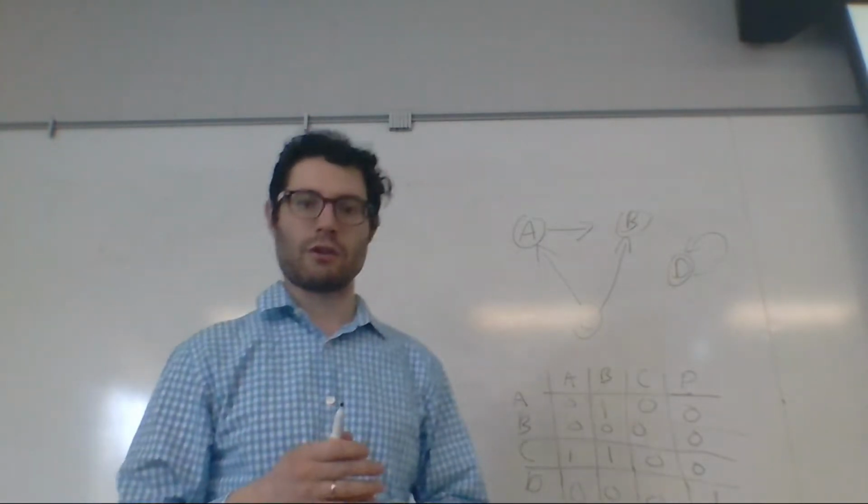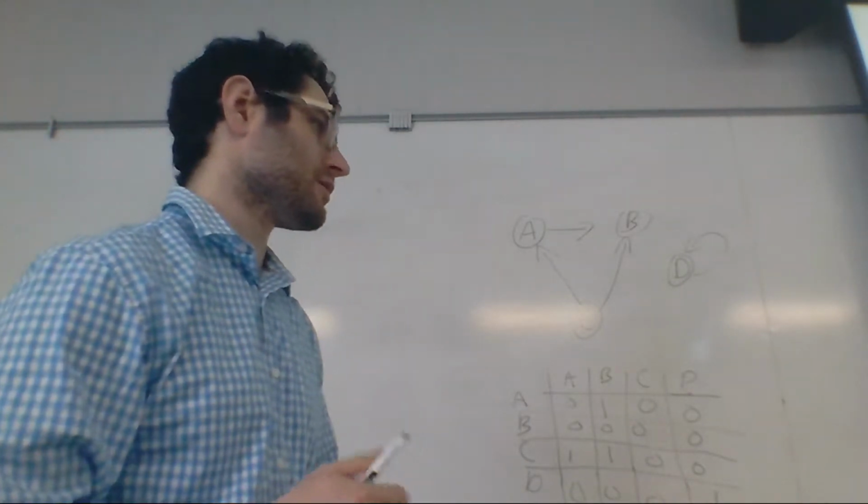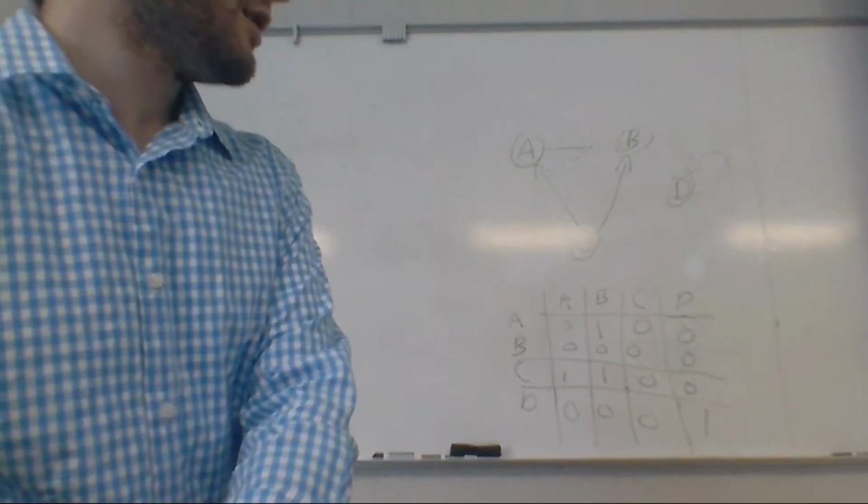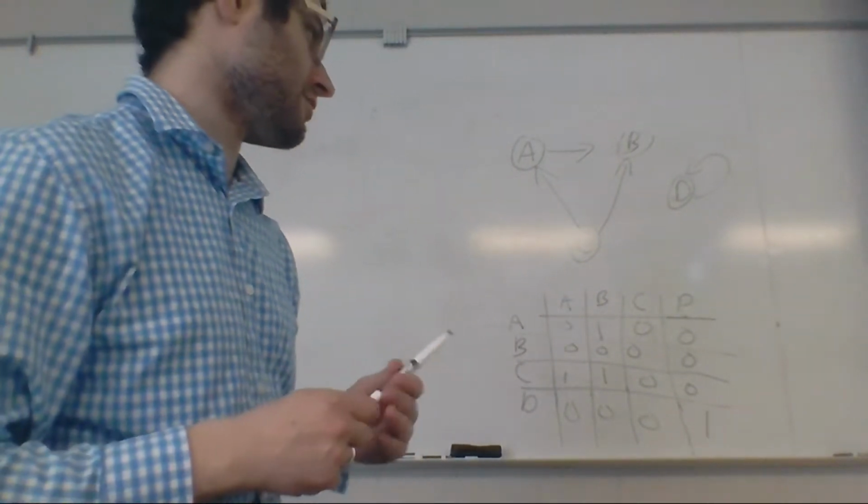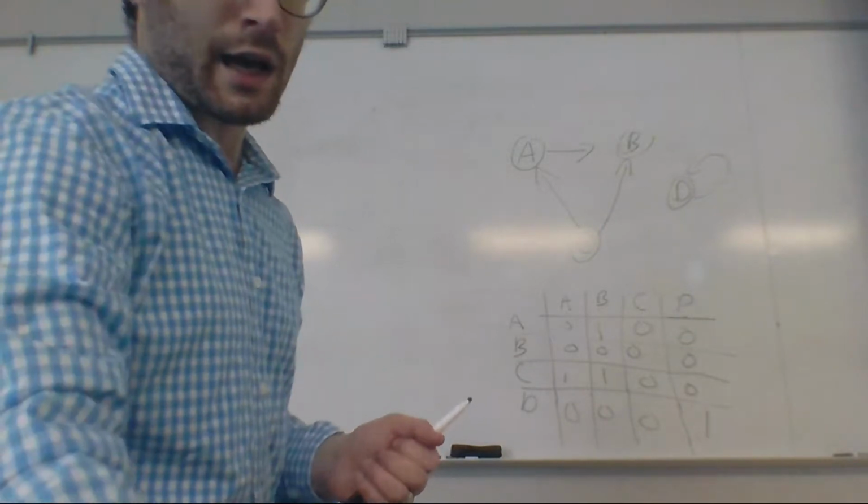If an edge exists between the two, then we put a one down. If it doesn't exist between the two, we put a 0 in. Now,